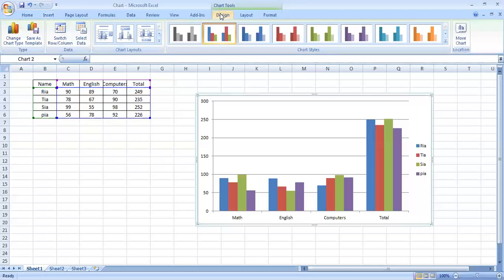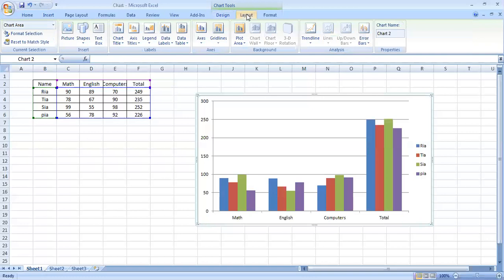As soon as I click on design, you can see that there are different colors which have appeared here. So you can change the color of the data series. You can change the design of your chart. Suppose I'm clicking on this, you can see my chart is changed to this color. So I can change the color whatever I want. These are called chart styles. So I can select my style. I have selected this style. You are free to choose any style you want. Now after this, the next comes layout.